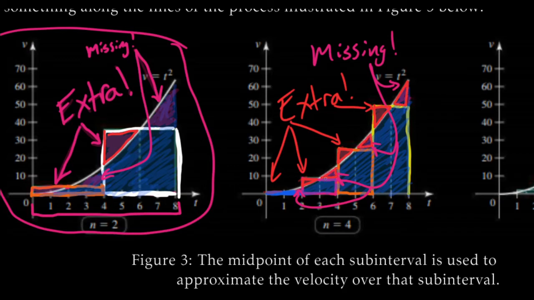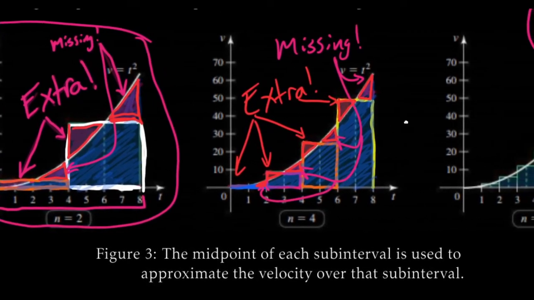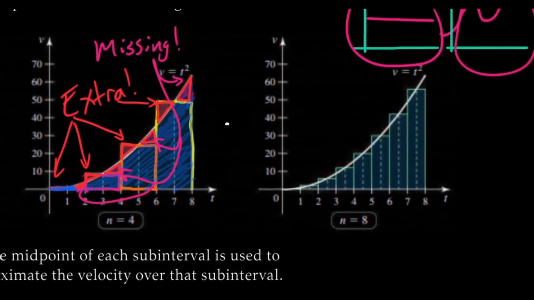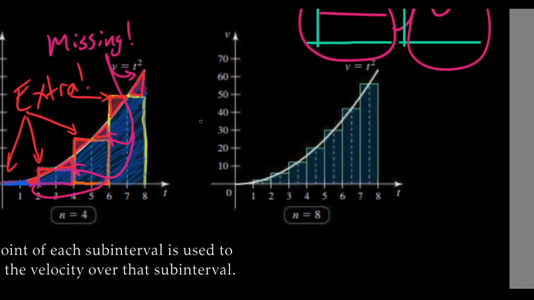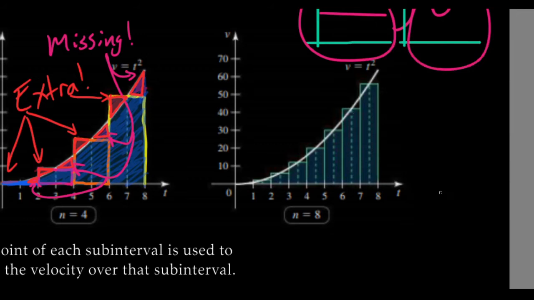This becomes really clear once we start doing a lot of them at once. So the missing pieces got smaller, as did the extra pieces. Okay, if we do even more, and I won't draw the whole boxes again, but let's try it with like 8 intervals and see what it looks like. It's a lot more. Okay, so once again, same picture as before basically, just with more boxes. And I think at this point it's pretty safe to say that it looks like we're getting better and better